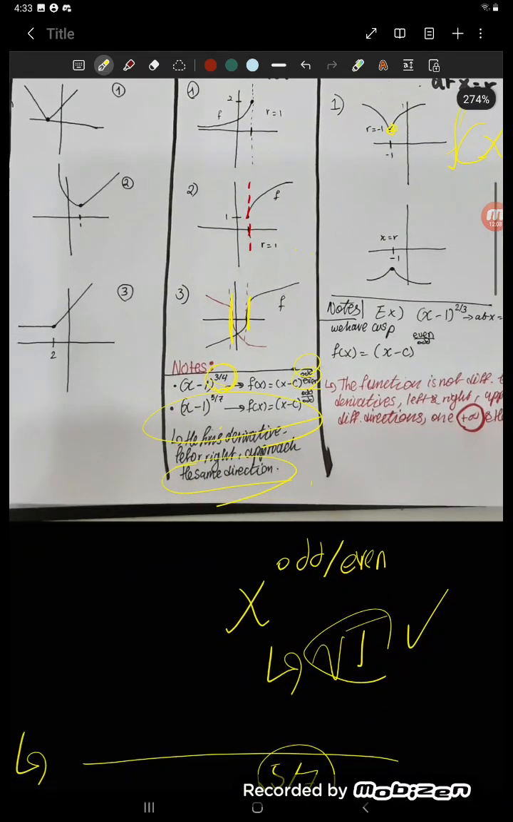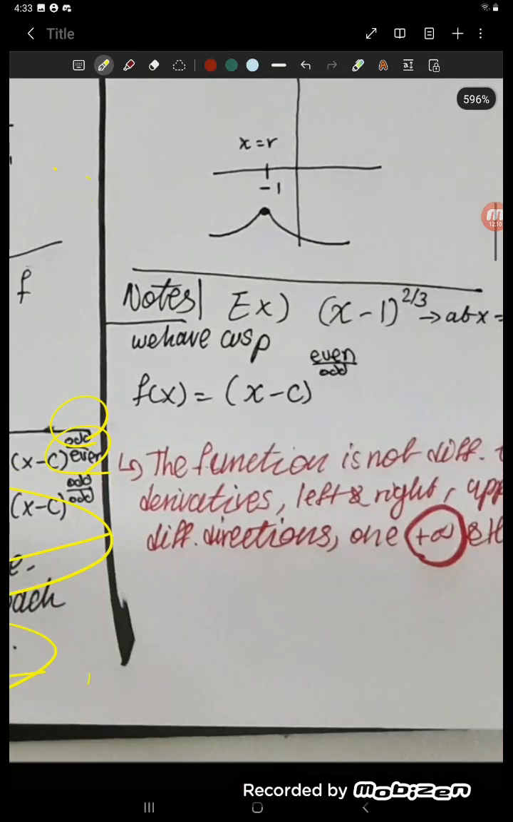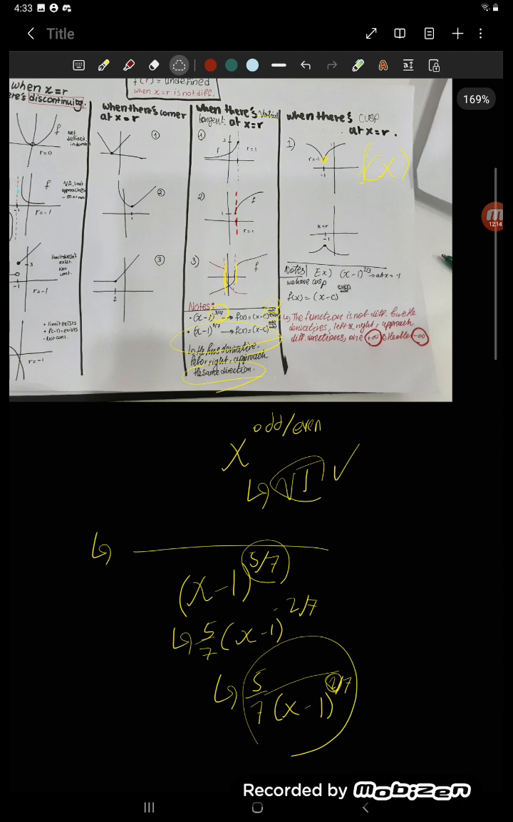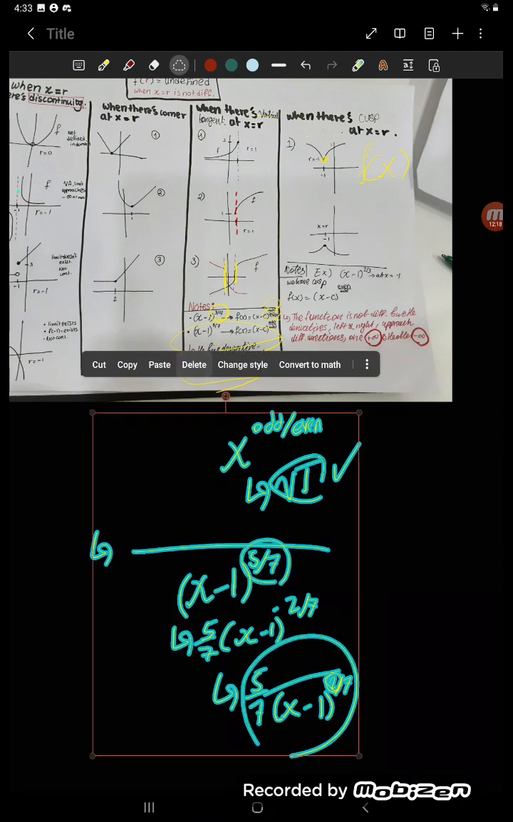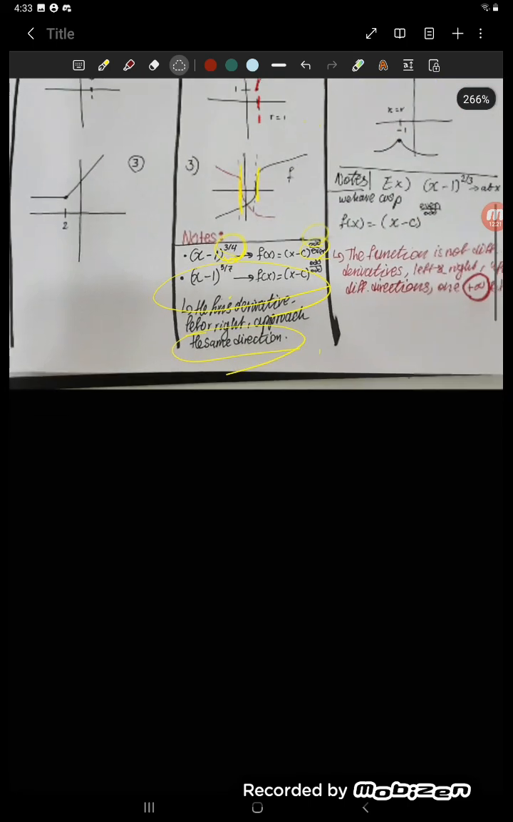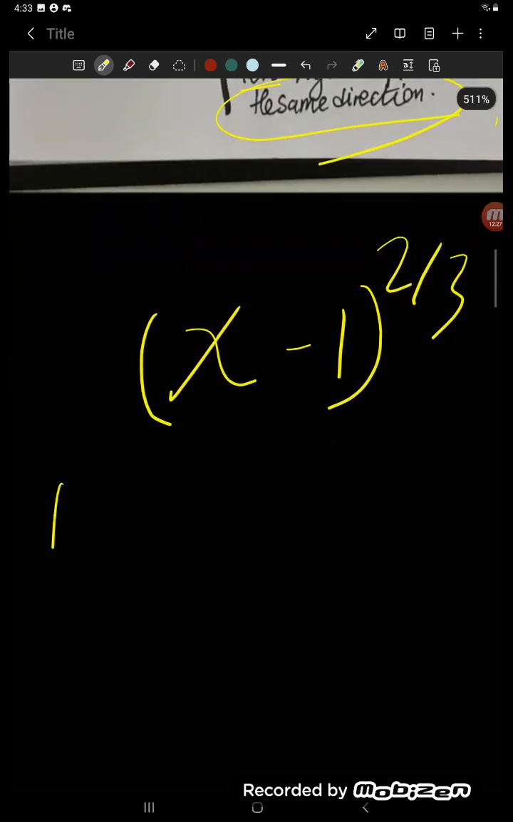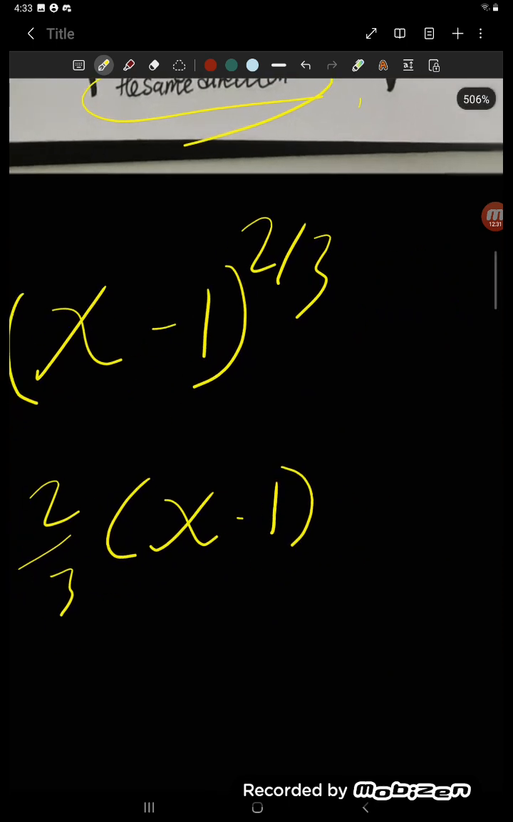Let me just give you an example, the same example we're working with. So we have x minus 1 to the 2 over 3, take the derivative forward, so that's 2 over 3, x minus 1,